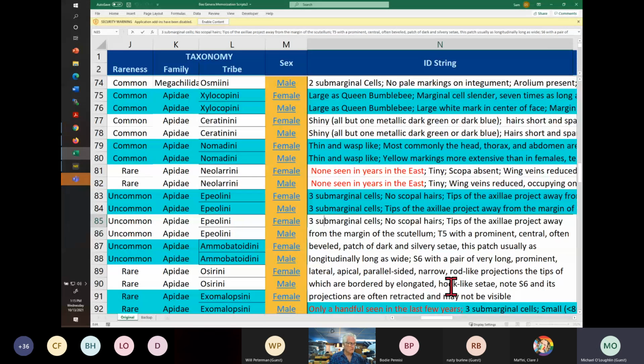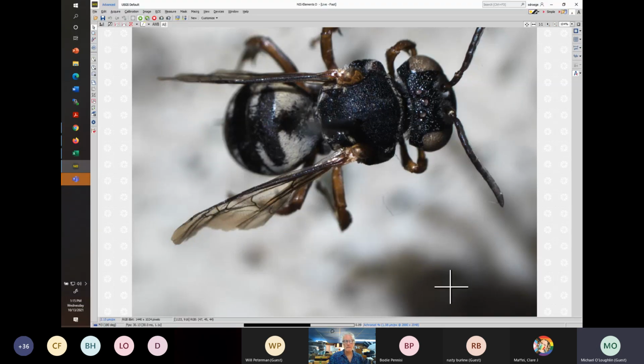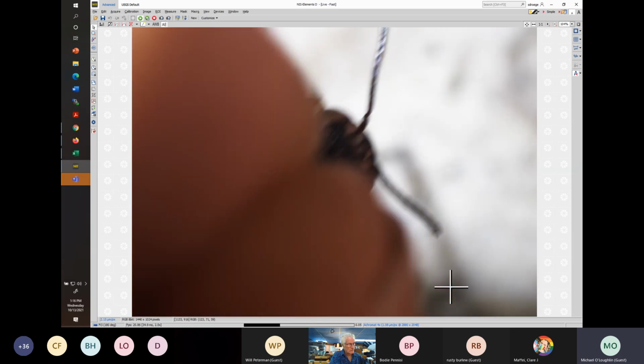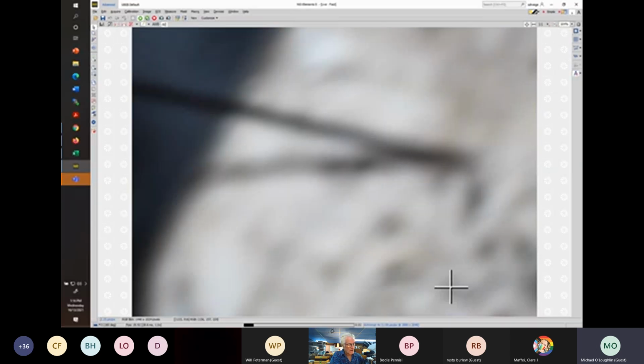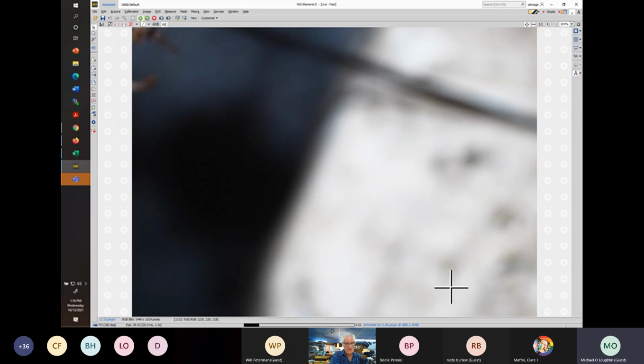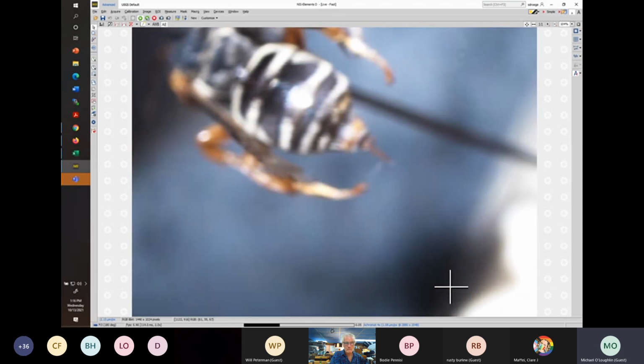But we'll go now to the specimens, because the size and shape of the pseudopygidial area is very useful. Again, there is one exception in the East, possibly more elsewhere, but I know this isn't always absolute in terms of telling them apart. So if we go now to the hind end, where all the action is at the genus level and the species level,